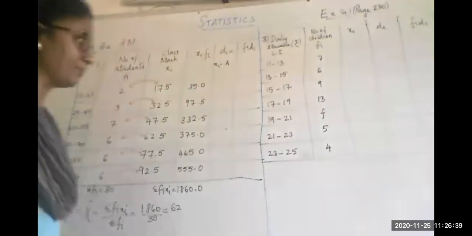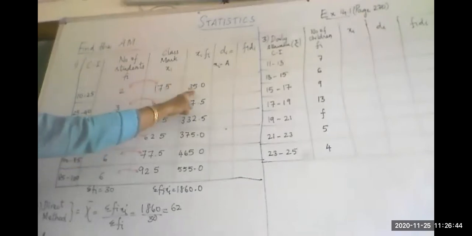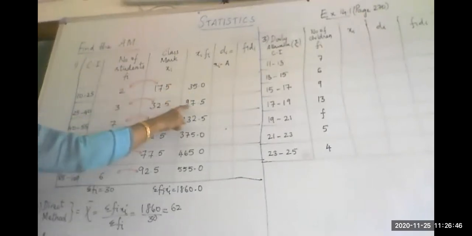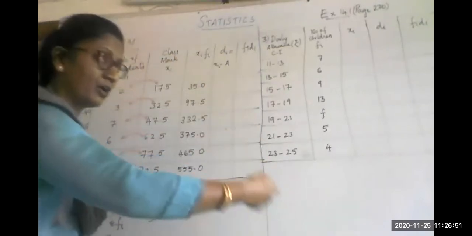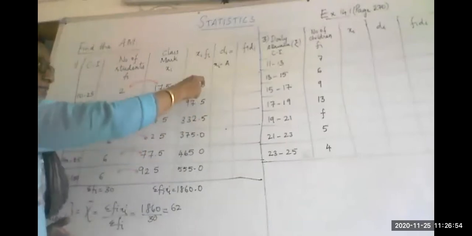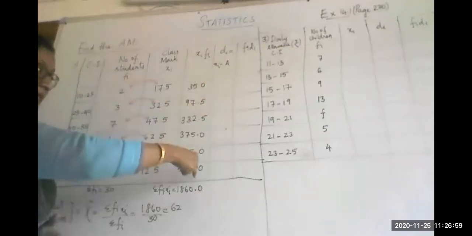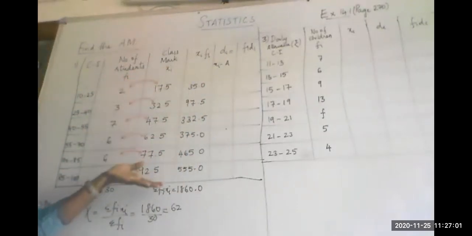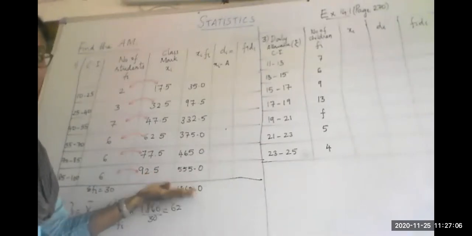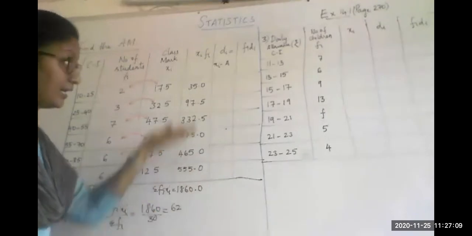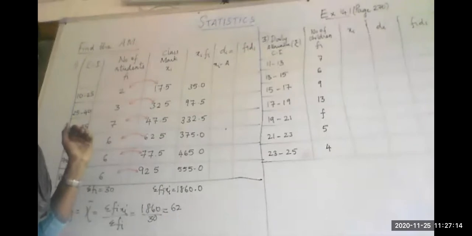All right. Okay. So we have calculated the sigma fi xi. 2 into 17.5 is 35. 3 into 32.5 is 97.5. Directly, if you are not able to multiply it, do it in the rough or working column and then get back the value. See how I have arranged all the ones, the tens and the hundreds and the decimal part. Arrange it properly one below another according to the place value so that your addition will happen automatically without any trouble. All right. So this presentation skill is also very important when you do statistics.